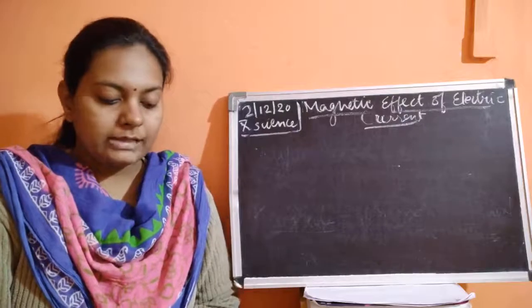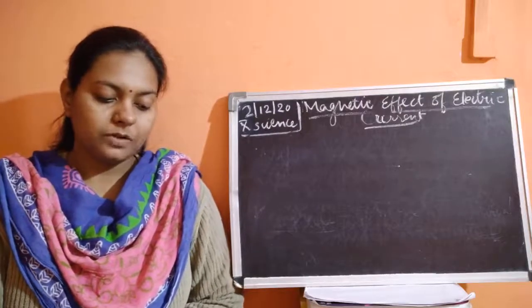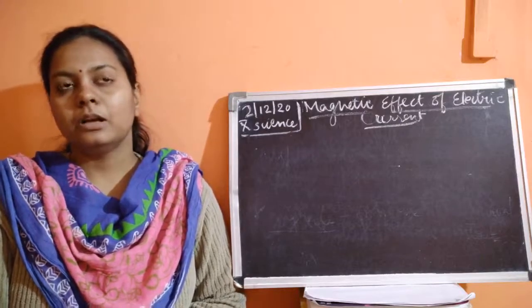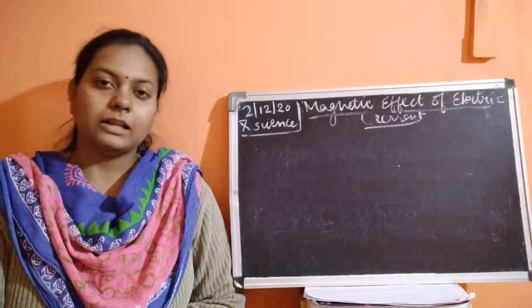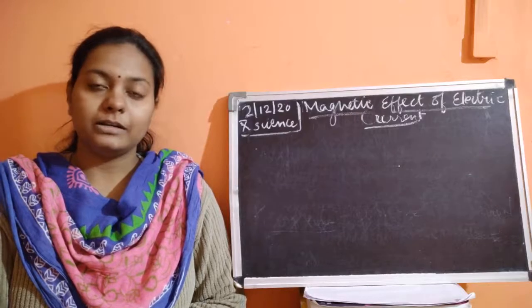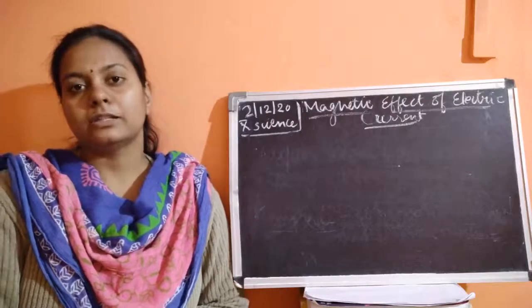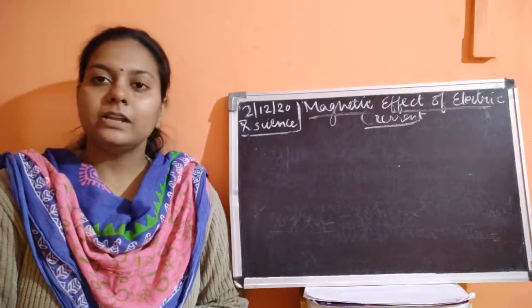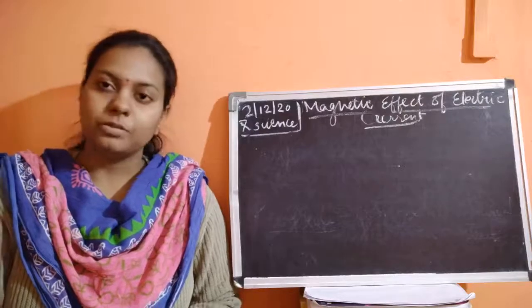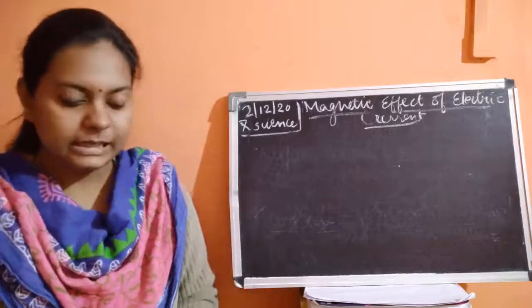Okay. Then lastly we discussed one more fact, that magnetic field lines always form closed curves. So whenever pieces of a magnet are broken, they again gain the poles. I mean, each and every particle of the magnet develops two poles, that is north and south pole. So each and every individual piece of a magnet develops different poles, and north and south poles will be seen in each of the pieces.